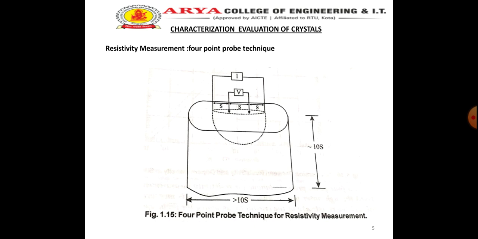Now in the slide, all of you are watching that we are having resistivity measurement, and the method is called the 4-point probe method. In this method, resistivity measurements are made on the flat ends of the crystal by the 4-point probe technique. This is shown in the figure. Current I is passed through the outer probes and voltage V is measured between the inner probes. So we can measure resistivity directly by means of this method and characterize and evaluate the crystals.